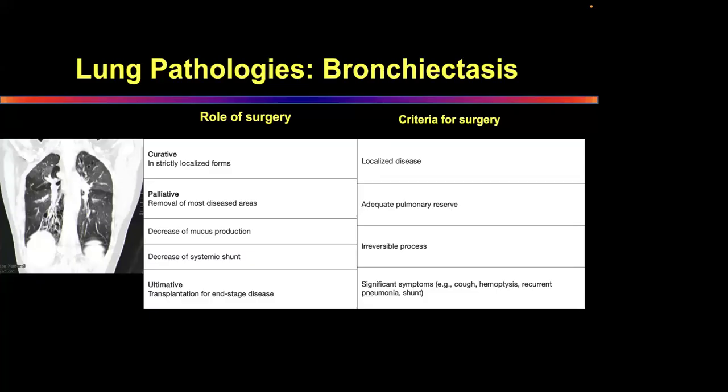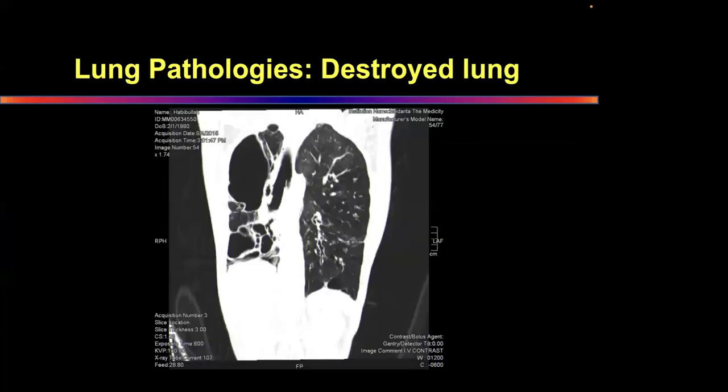The criteria for surgery is that it has to be a localized disease. The patient should have adequate pulmonary reserve. The bronchiectasis process should be irreversible, and the patient should have significant symptoms like cough, hemoptysis, recurrent pneumonia, and symptoms suggestive of shunting of the blood. Surgery like wedge resection, segmentectomy, lobectomy, and at times pneumonectomy is done for bronchiectasis or for destroyed lung because of